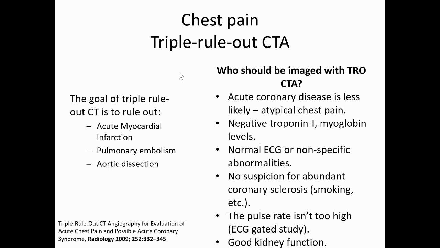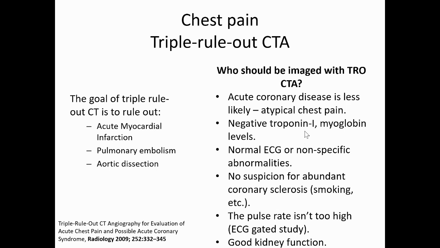So triple rule-out CT is good for patients who have atypical chest pain and in whom acute coronary disease is less likely, or who have a negative troponin level and myoglobin level, or if the ECG is normal